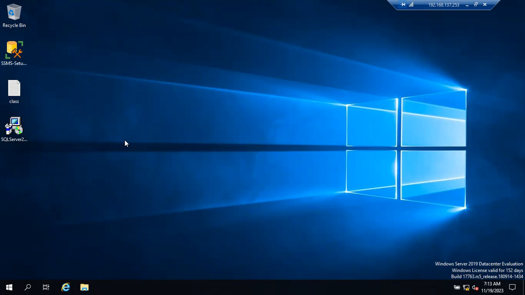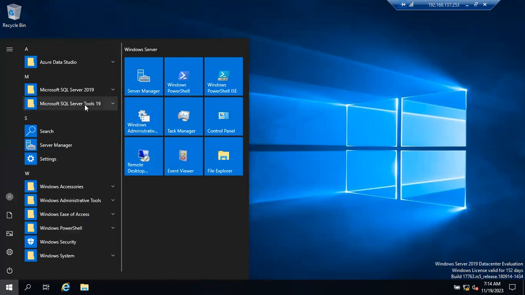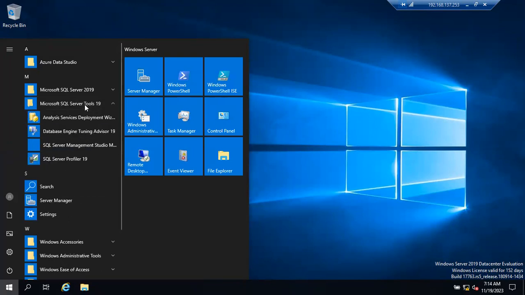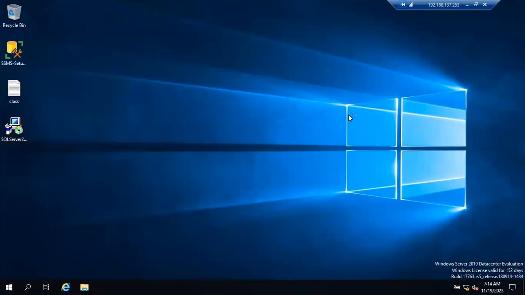So once the change is approved, then you can proceed to patch the SQL Server. Before patching, we discussed some precautions: check how many services are up and running, and how many instances have been installed on that machine. Check the server name using select at at server name, and check whether the names are equal in the object explorer and in the table results output. Check select at at version, whether the version is the same in the object explorer and in the output, and check whether enough free space is available in the drives,